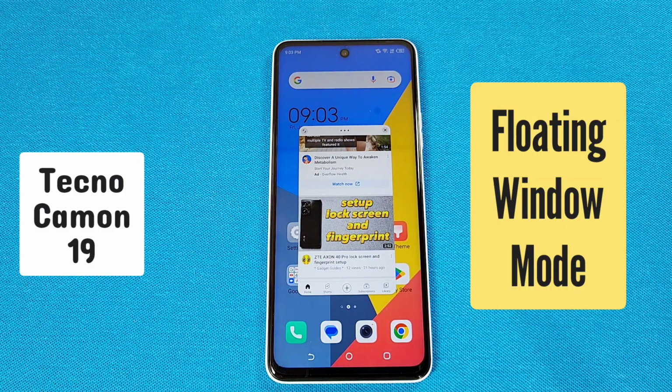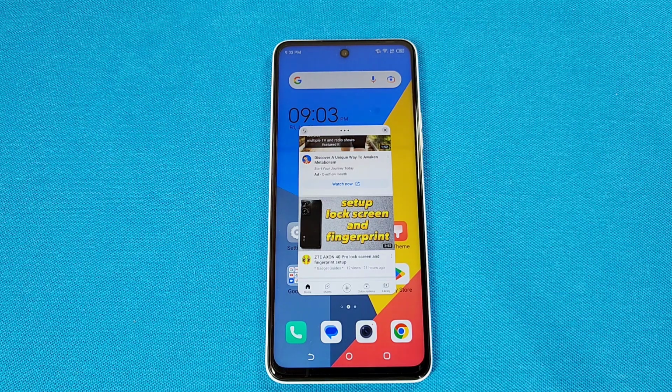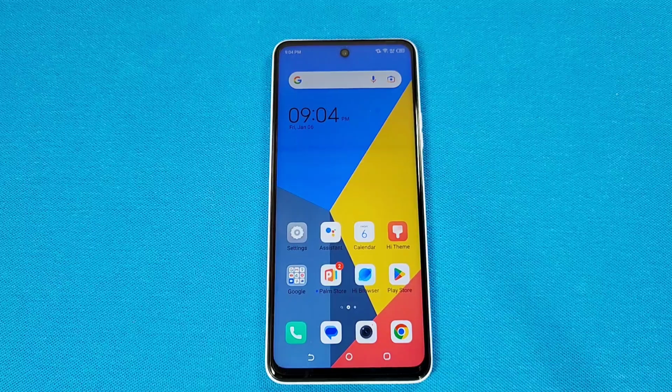How to enable floating app window mode on your Tecno Camon 19 smartphone, Android 12. Let's get started. To get access to this feature, first you'll need to have the app open already, and you'll